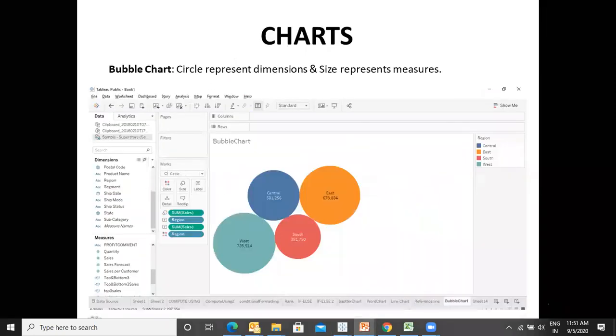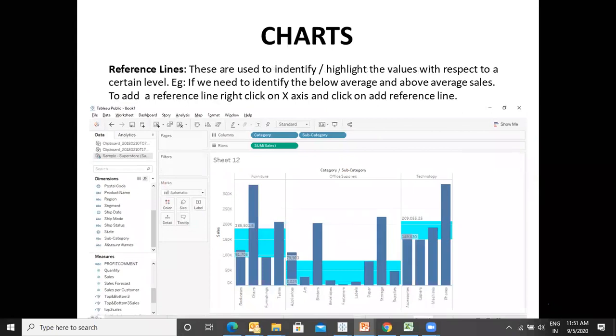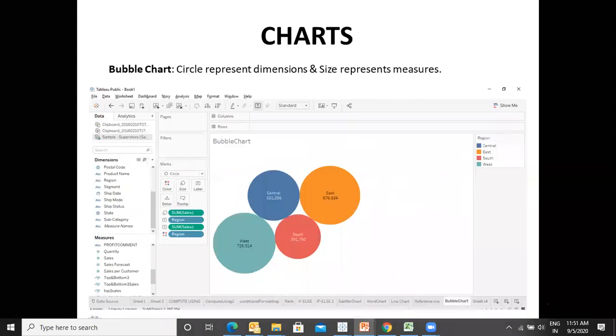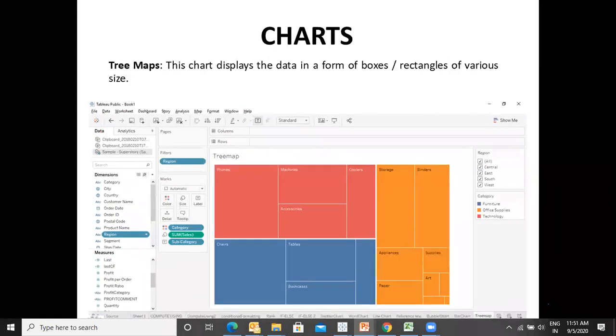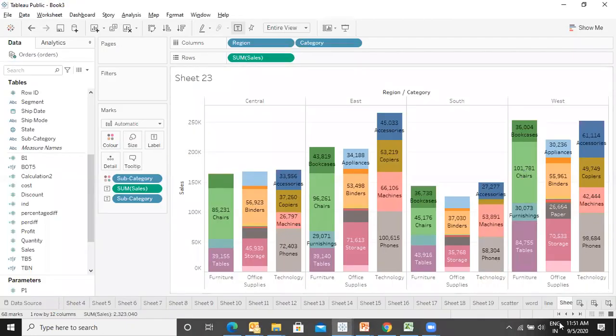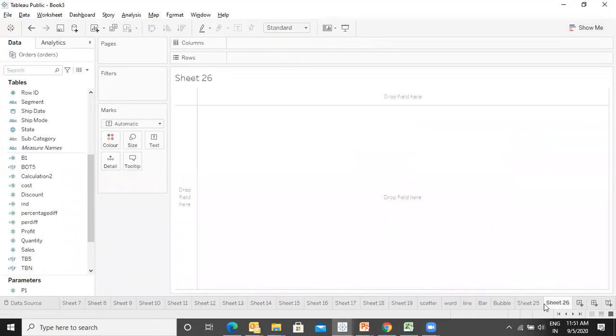Bar chart. There was something more in the reference line, which I have skipped and kept for tomorrow. So I'm giving you some easy stuff as of now. Then we have another type of chart known as tree map. So this was bar. Then we have tree map.